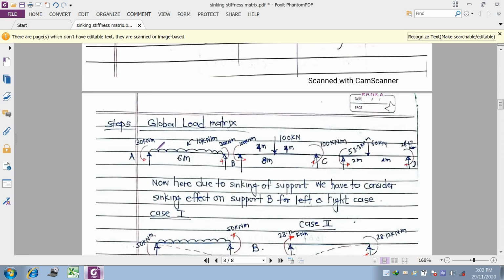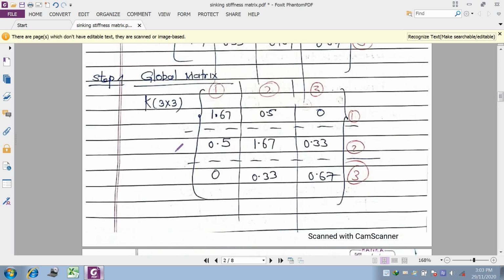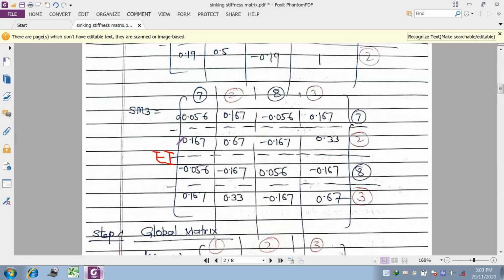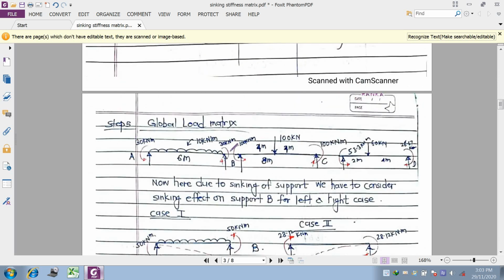So we have to put all the external loading as given. Then we have to show all the reaction components. Then we have to calculate the fixed end moment, where this 30 comes from. Let us see. Here 10 is the UDL intensity and 6 is the span. So what is the formula to calculate the fixed end moment for UDL intensity? It will be WL square by 12. So 10 into 6 square by 12, the answer will be 30.